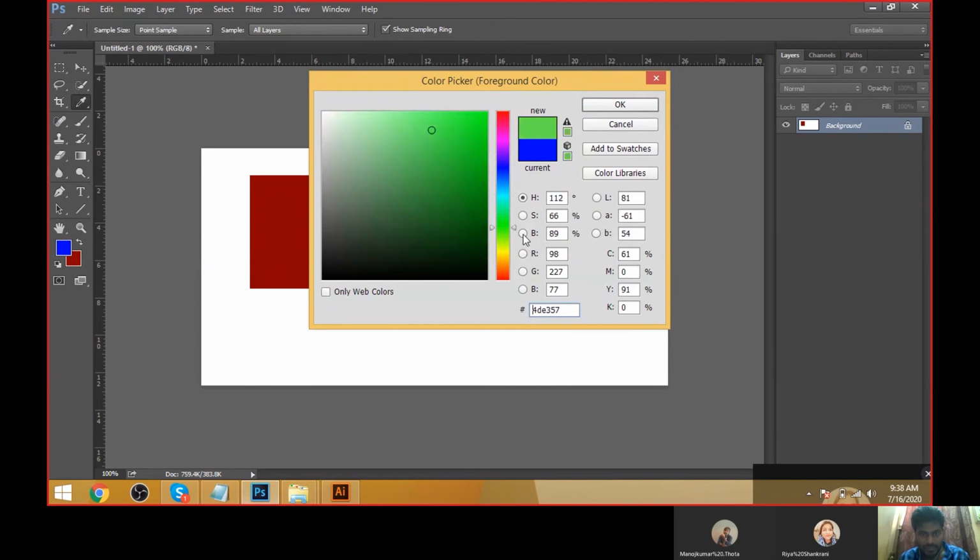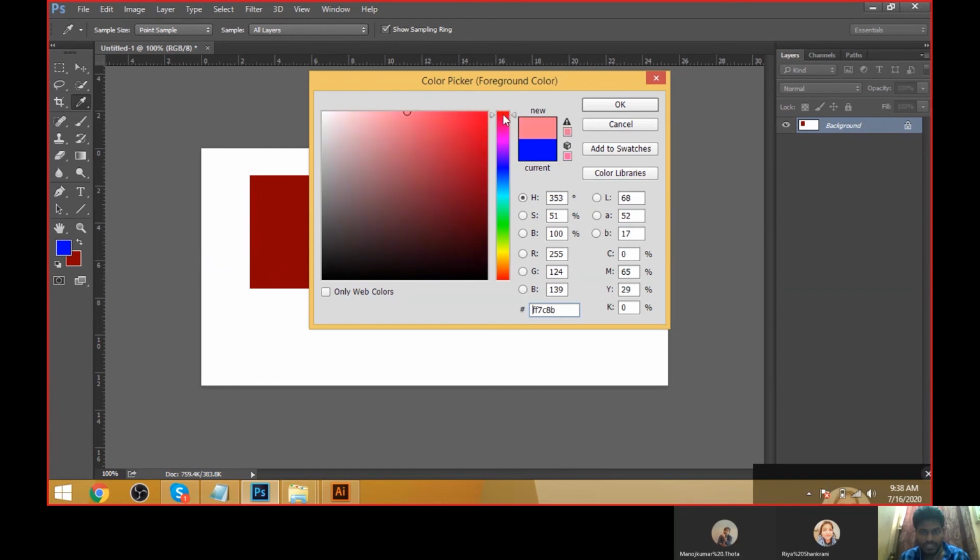This is a stringer, this is a sting, and this is a picker. And we have to go for medium colors, and we have to go for dark colors, and we have to go for light colors. We can pick directly like this. And what is our current color here? Blue. See, the current color will be blue and the new color will be yellow.